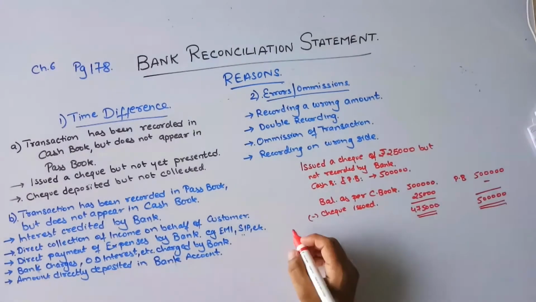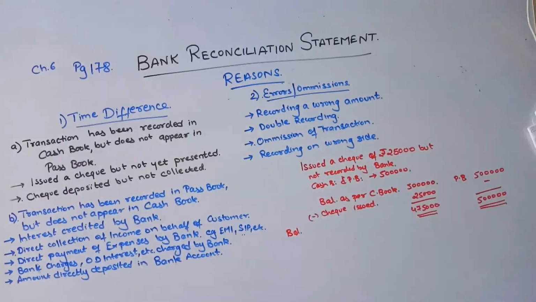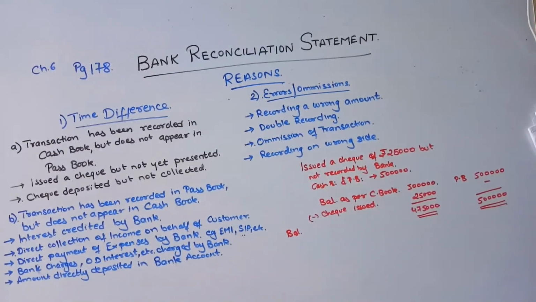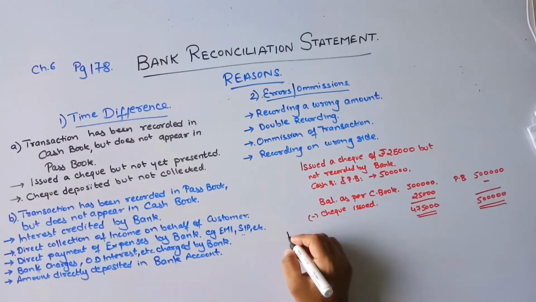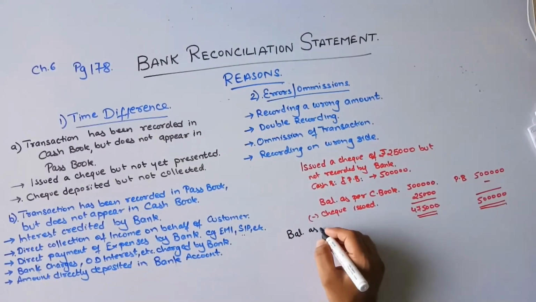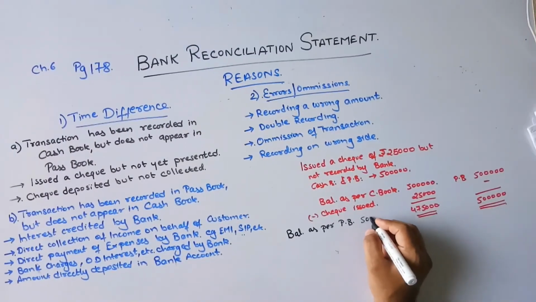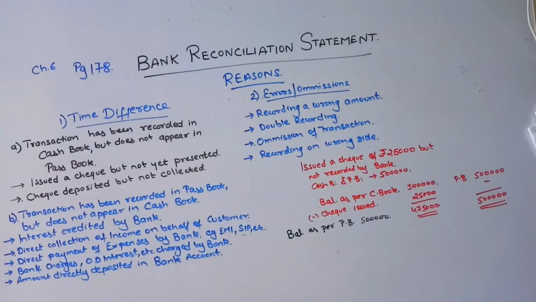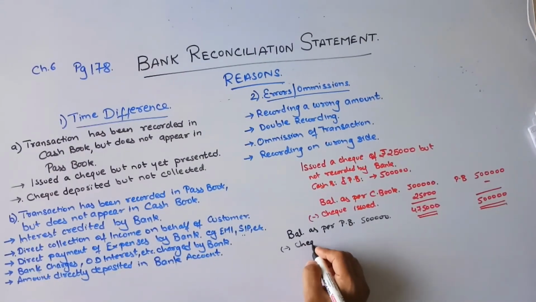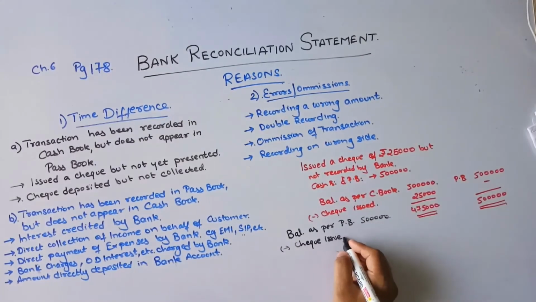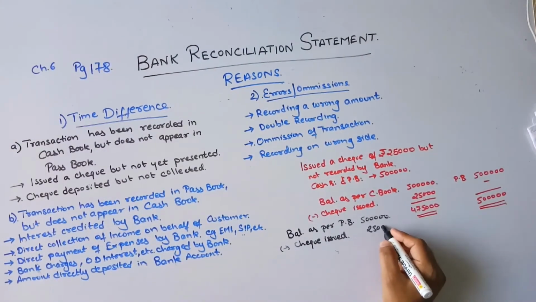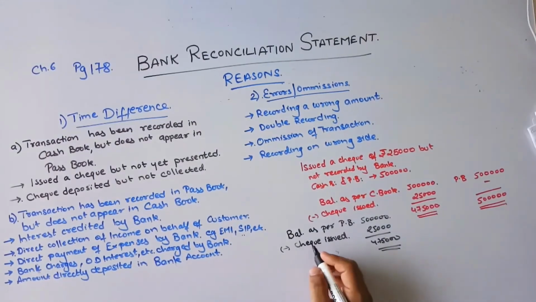Now, balance as per passbook is how much? 5 lakhs. Now tell me one thing, what has happened? Check is issued but yet not cleared from the bank. So here what we will do? Less check issued but not yet cleared, which is 25,000. We'll get 4,75,000. This is nothing but your balance as per cash book,